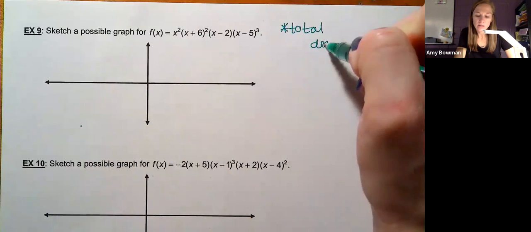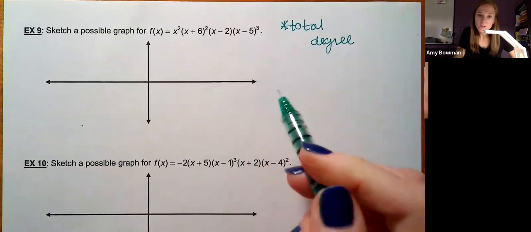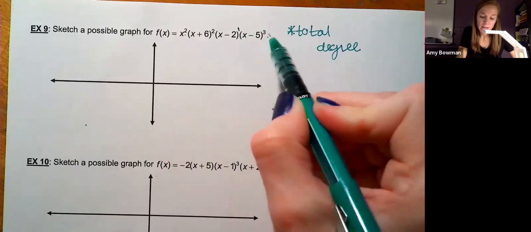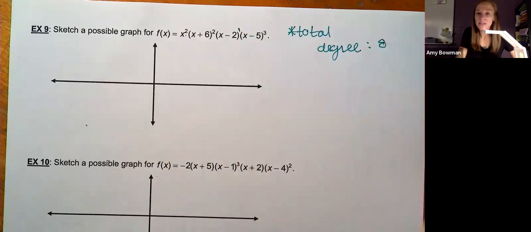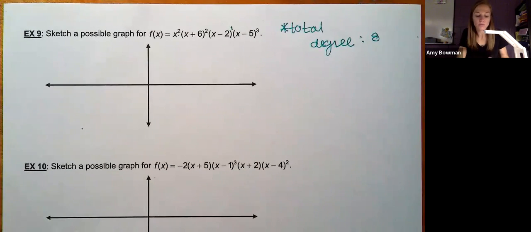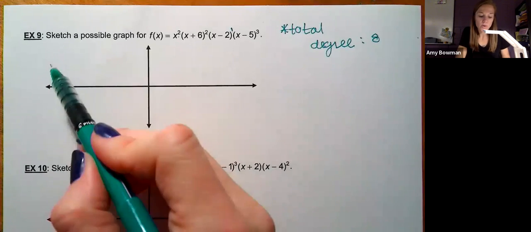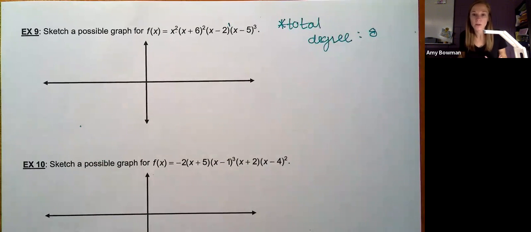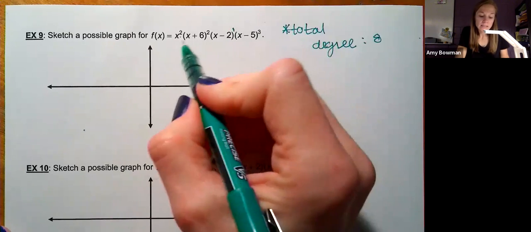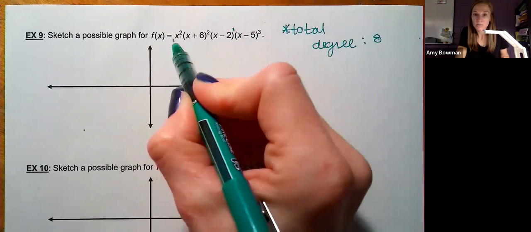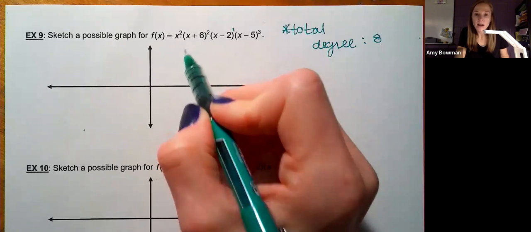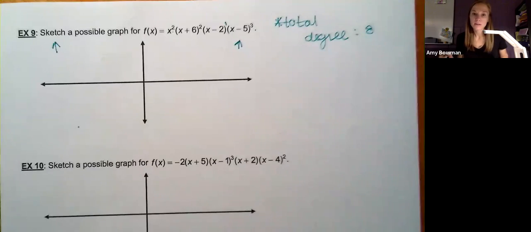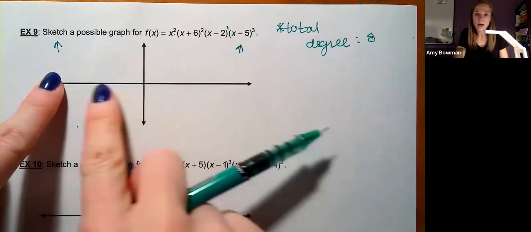So the total degree. Again, add up all those multiplicities. We've got 2, 3, 4, 5, 6, 7, 8. So this total degree is 8, and that matters to us because I need to know where my graph starts and ends. It's even, so that means they're both going to point up or down. You just have to figure out, do they both point up or do they both point down? Since my leading coefficient here is just +1, that means my graph is going to start and end both pointing up. So I know that's how it's going to start and end, and then how it behaves in between,